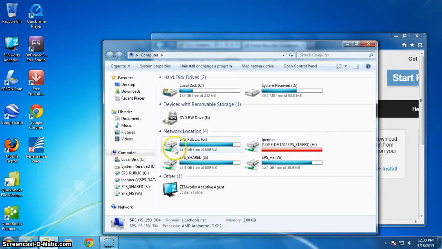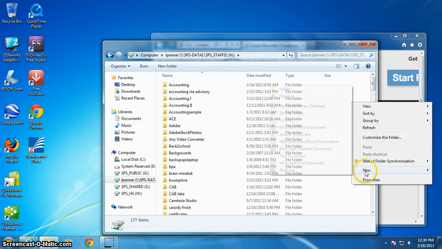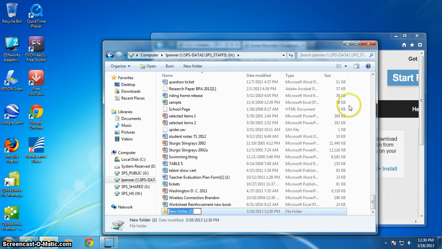Then you'll see a list of your drives over here. If you click on Computer, your home directory will have your username on it, and it will have H if you put your cursor over it. So you're going to double click H, which is going to take you in your home directory. Then you're going to right click in a blank area and then go to New and then go to Folder, and then you're going to type in Web Design,